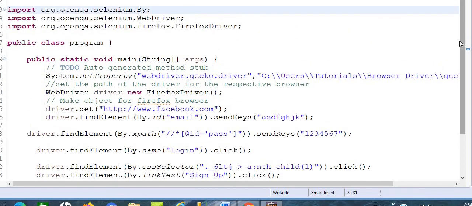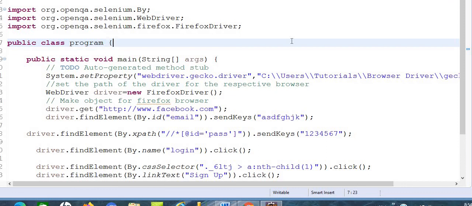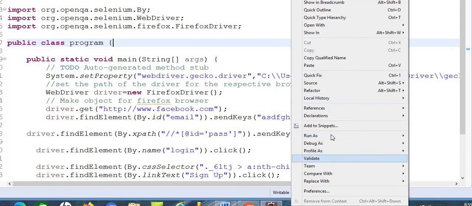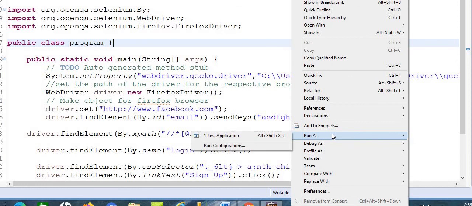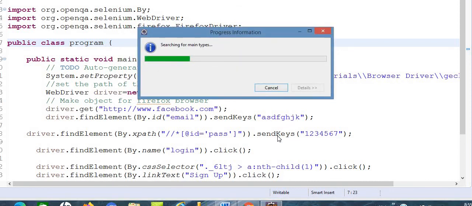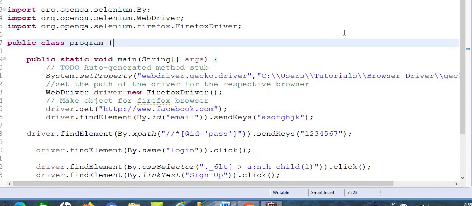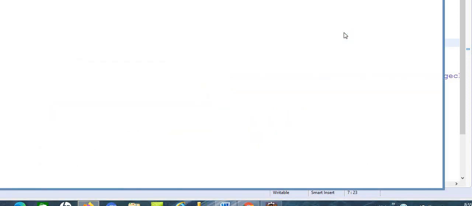So this is my program. Now I am going to run this program. It redirects to Firefox Mozilla.